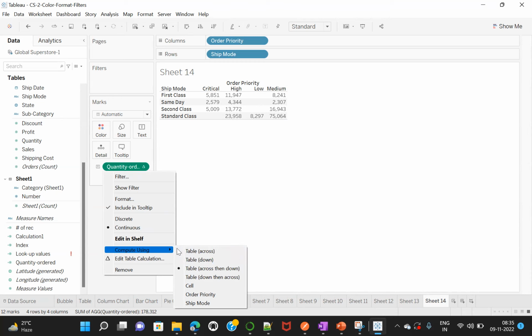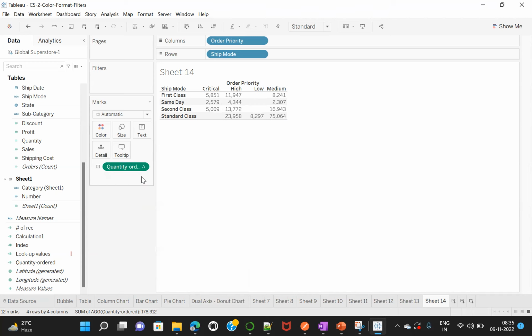So this compute using method is very important. Otherwise, you will see the same calculation we have applied, and now it is not giving me the 0 values,